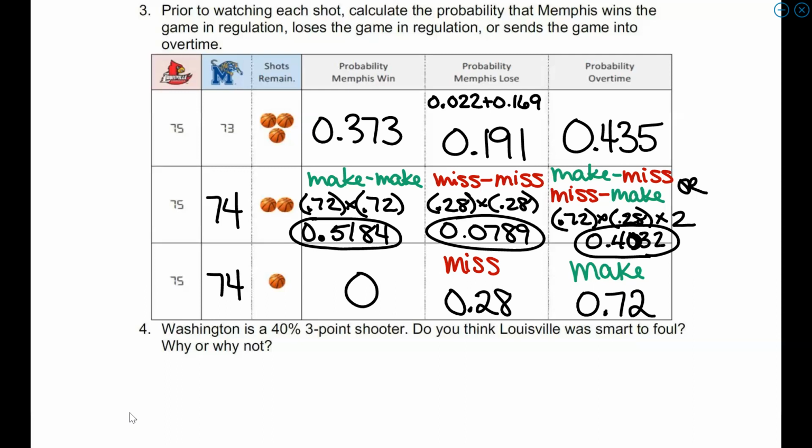So the results of the first trial cannot impact the results of the second one at all. The number of trials has to be fixed. In this case, we knew he was going to take exactly 3 free throw shots. And the probability of success for each trial has to be the same,